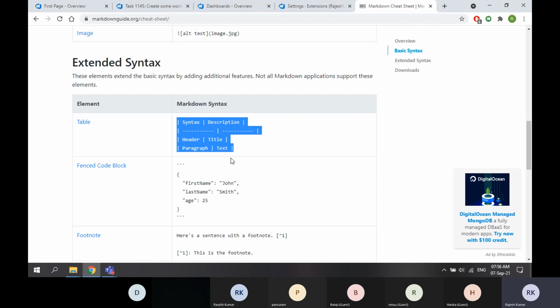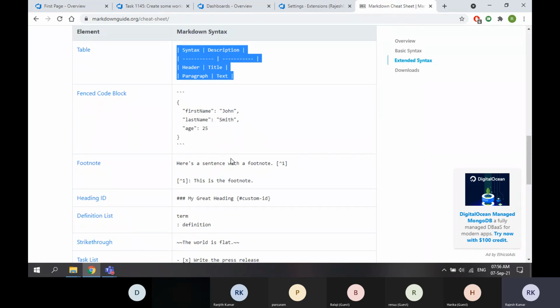So everything you can try by creating a document in your projects and try all the syntax. One thing I can tell you, if you know Markdown language, definitely it adds some value to your profile. So it's not that, okay, if I know Markdown, will I get a job? No. But if you know Markdown language, definitely your profile will be one step ahead compared to other profiles.